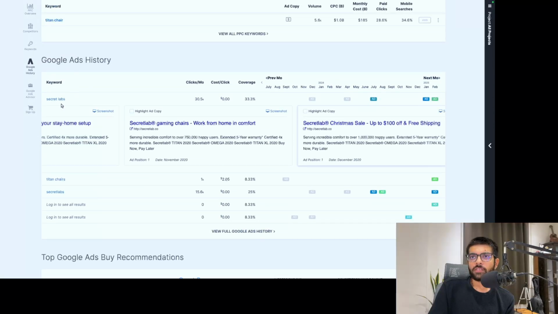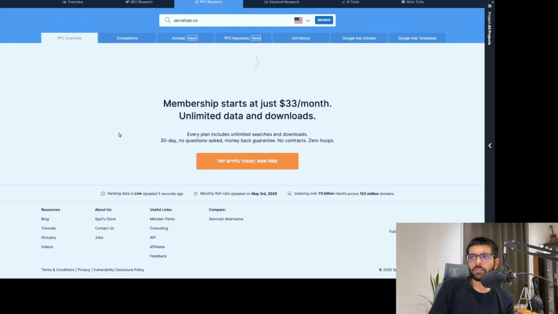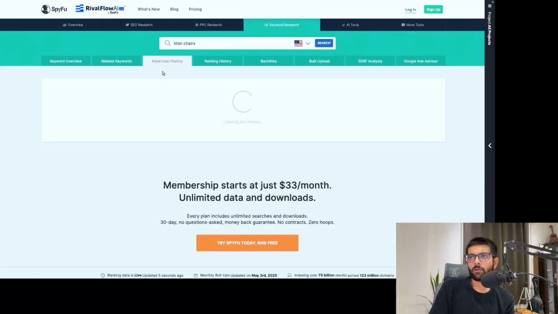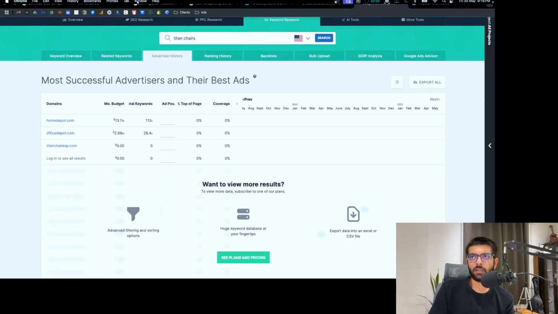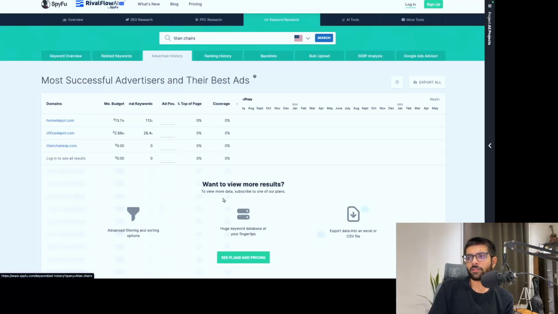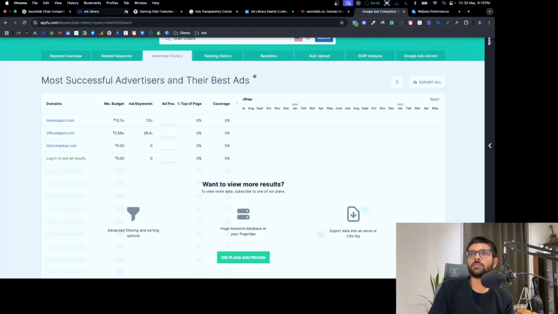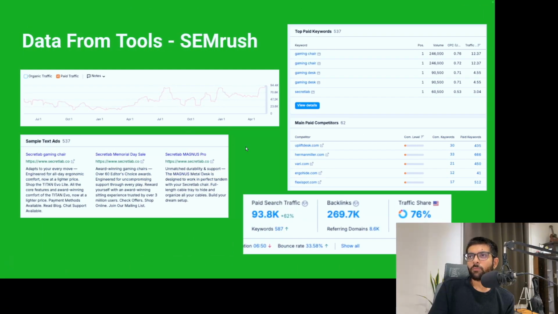Yeah. So you can see keyword wise ad copy which is available for them, right? And when the ads appeared, etc., all these in the month when these ads appeared, you will be able to see that data. I think you need a paid access for complete analysis of this. Anyways, moving ahead,